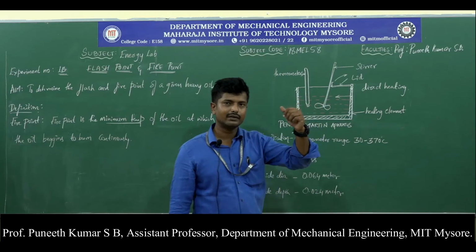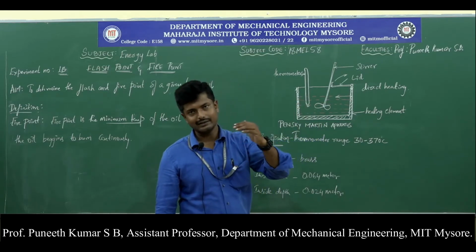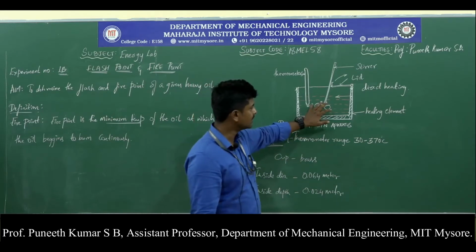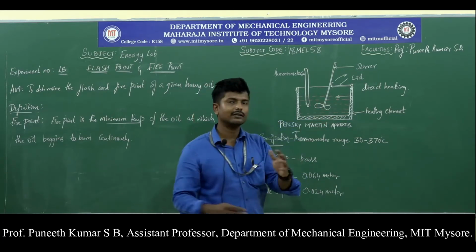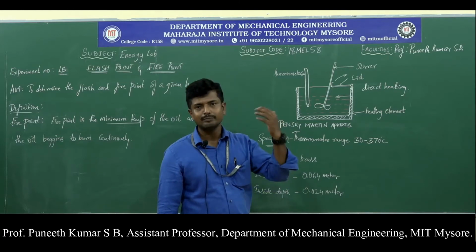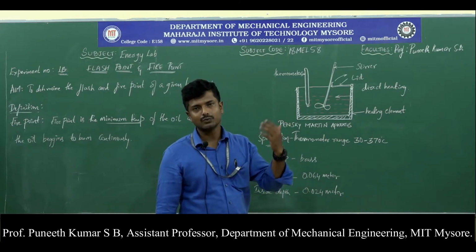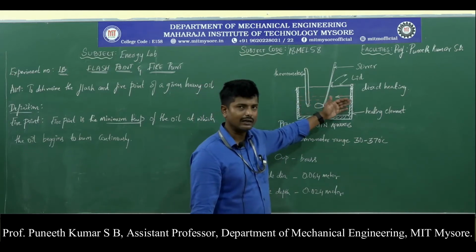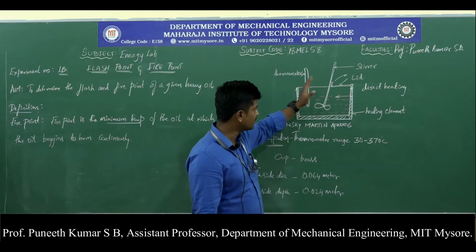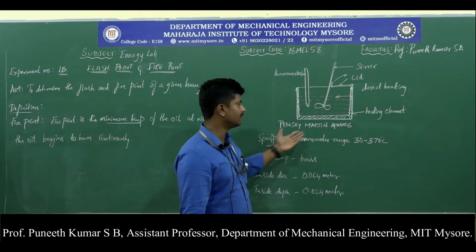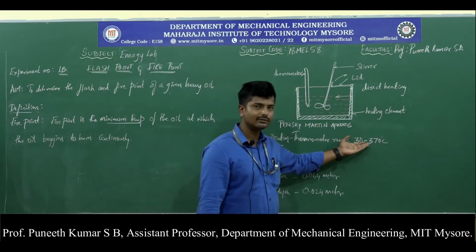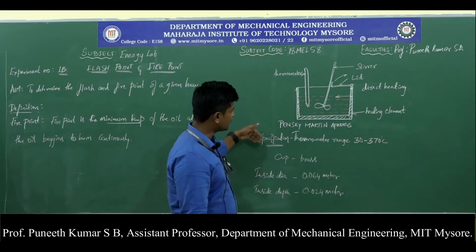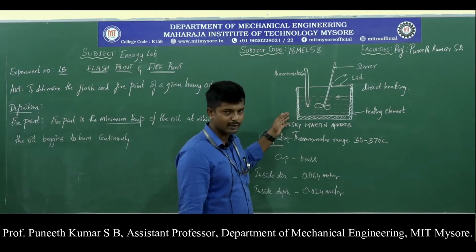In the previous experiment, the heating coil was first heating the water bath and then later the oil. That was indirect heating. Here it is direct heating. The reason, we know that in the previous case the temperature range was below 100 degrees. Here it will be usually above 100 degree centigrade. For the same reason, we have taken a thermometer which is having a range of 30 to 370 degree centigrade. So let us see the specification of this particular experimental setup.